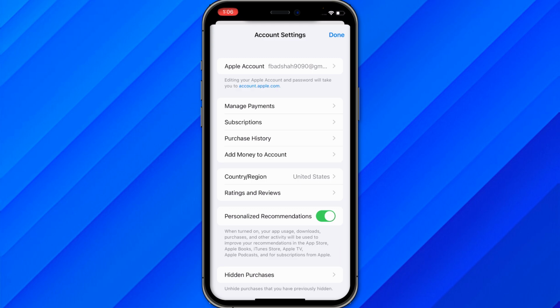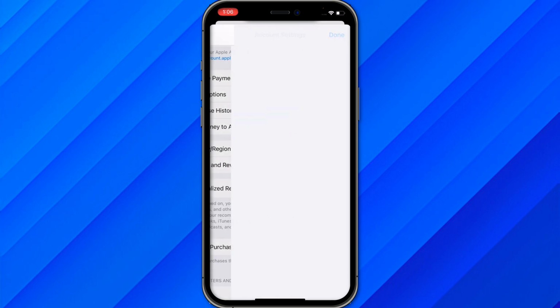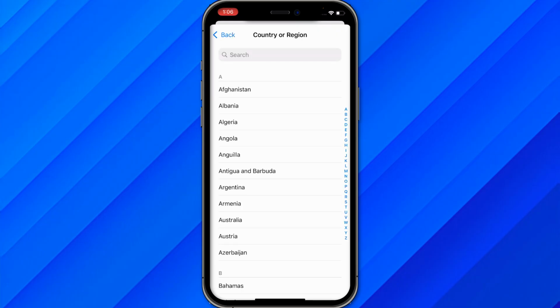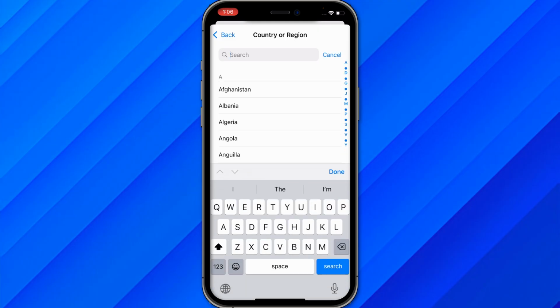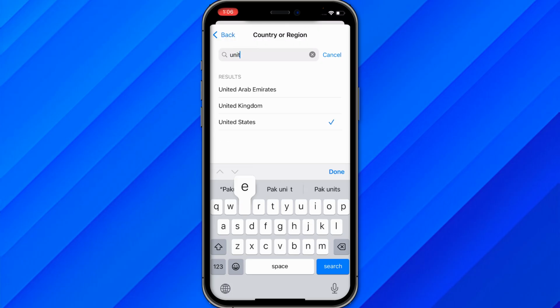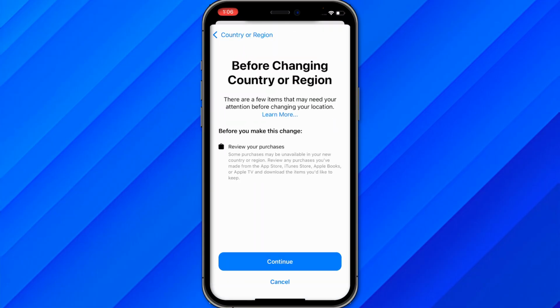So once you are here, just click on your country or region, and once you click here, country and region, as you can see, my region was United States. So what you can do is just try these two regions. The first is Pakistan. You can search this Pakistan, or the second one is United Kingdom. So you can just search United Kingdom and change your region to United Kingdom and click on continue, and just